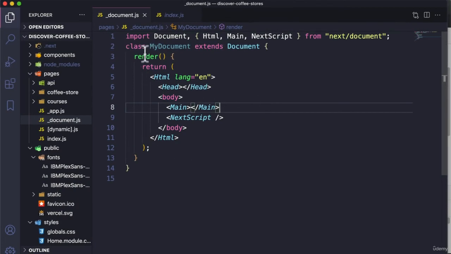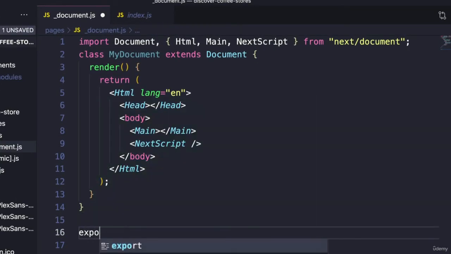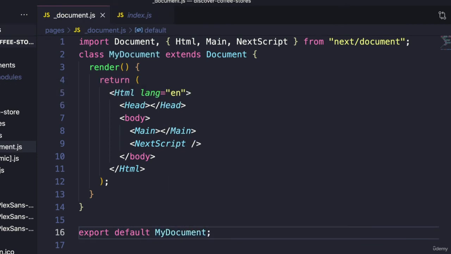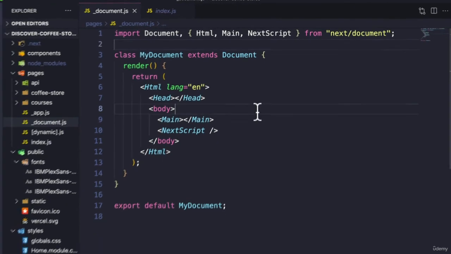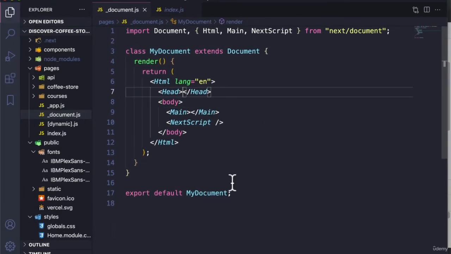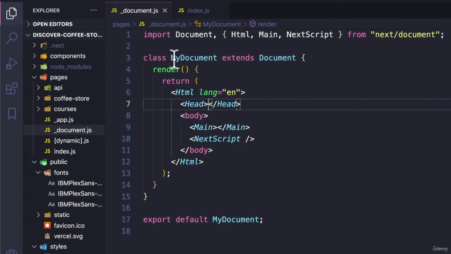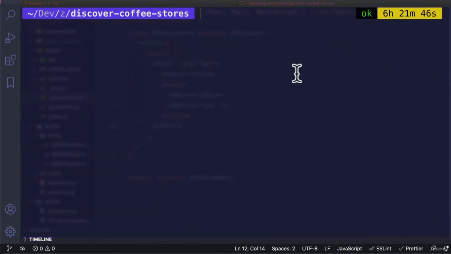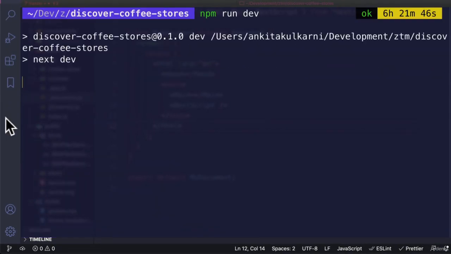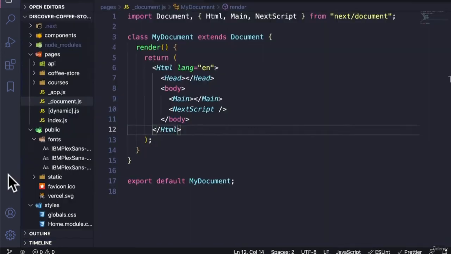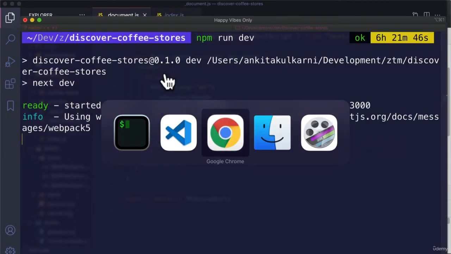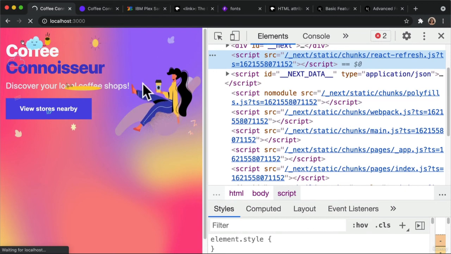All right, now that we have done that, let's make sure to export it as well so that we can use it. All right, now that we have done that, what we do need to do is restart our server, because anytime we make changes in my document or even underscore app.js, we do need to restart the server. So let's go ahead and restart the server. All right, server restarted. And if we go to the browser and refresh the page once more,